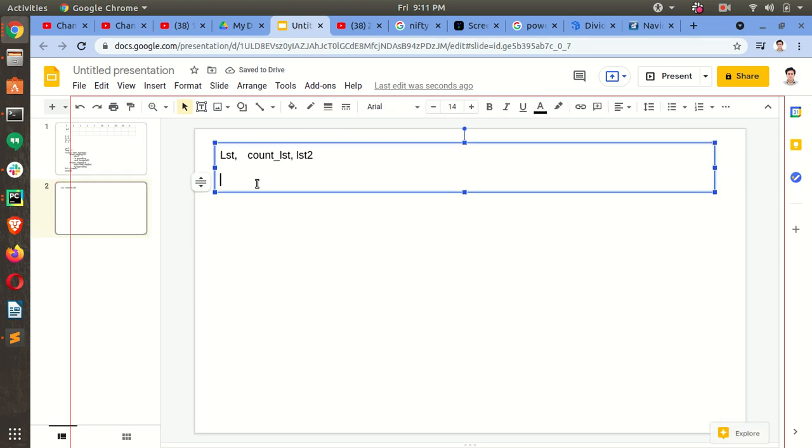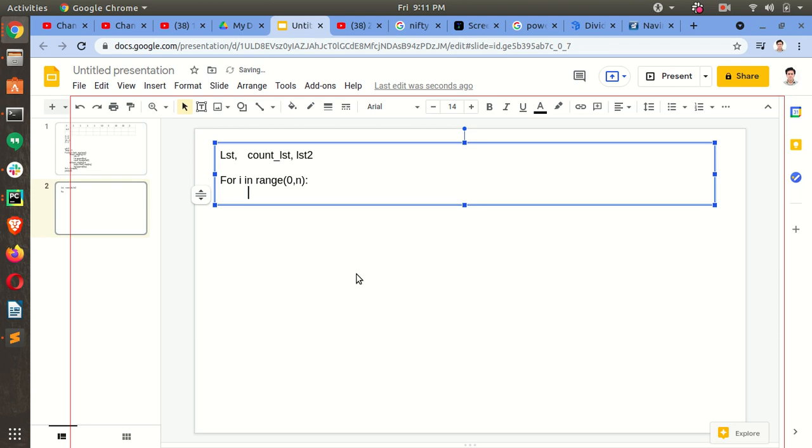Now we will simply iterate for i in range 0 to n numbers. Okay? All the numbers we will check,